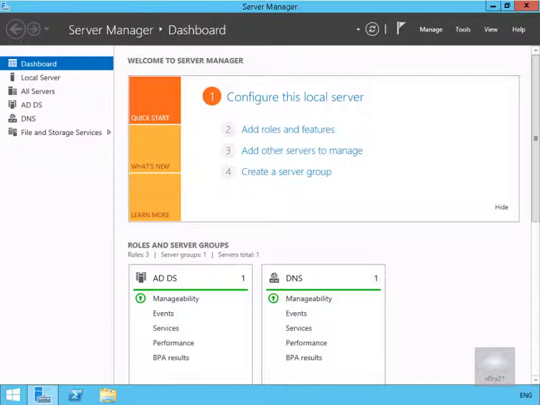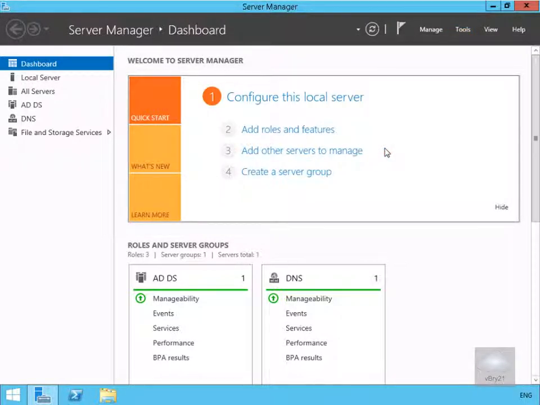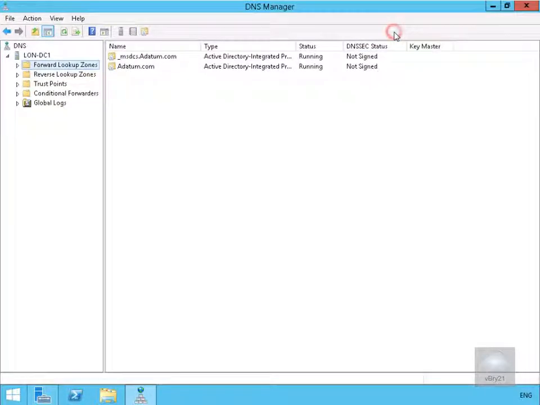So what we're going to do here is we're just going to come into Server Manager. We're just going to come up to Tools, and on my Active Directory domain controller, I'm just going to launch up the DNS utility. Once I come into the Active Directory DNS utility, all we'll do here is we'll have a look, and what we can see here, if we come to forward lookup zones, is we have some service records